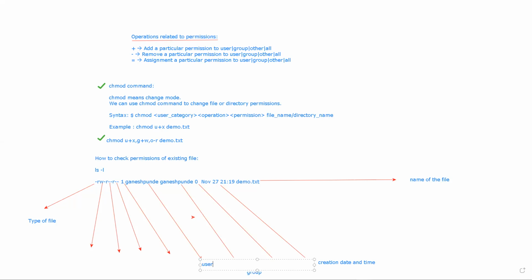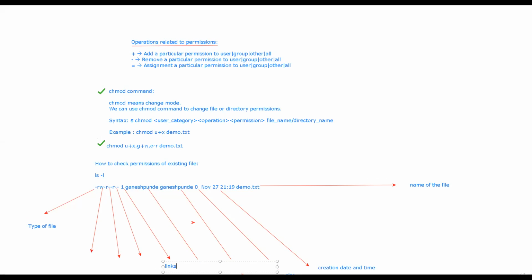This is the number of links to the file.